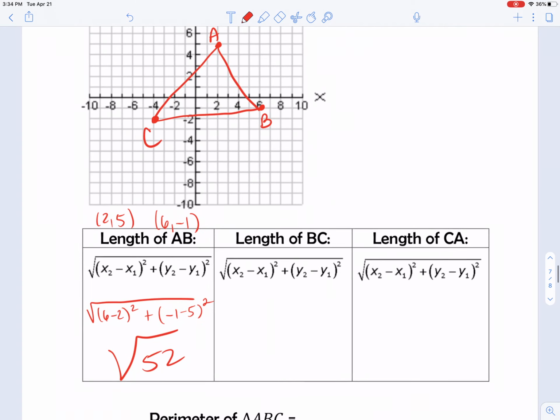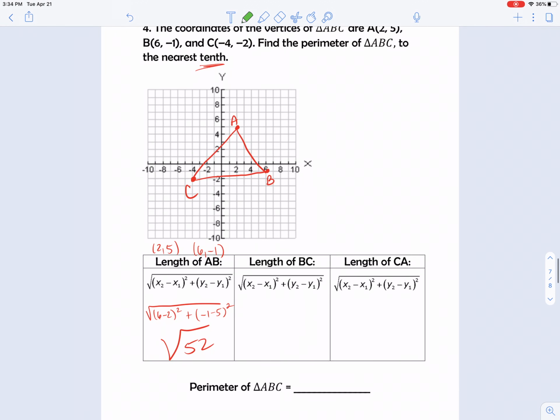For BC, I'm going to use the coordinates of B, which is 6, -1 again, and C, -4, -2. Under the radical, subtract the x's, -4 minus 6 squared, plus subtract the y's, -2 minus -1 squared, negative minus 1, so I put plus. So under the square root, I'm going to put,